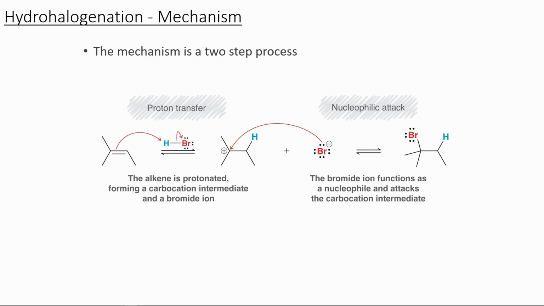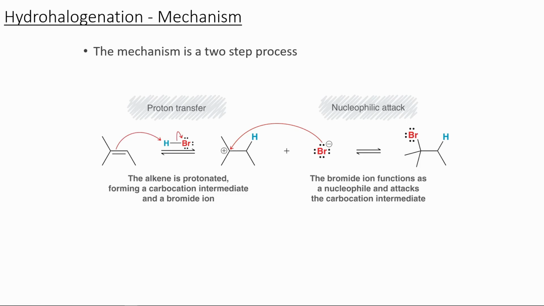So the first step of the mechanism is going to be nucleophilic attack, or protonation of the double bond by the acidic proton. So HBr is a strong acid, and so the alkene is going to be protonated to form a carbocation intermediate. This carbocation intermediate is going to form at the more stable position, right? And a more substituted carbon is going to be the more stable position to hold a carbocation. Then the second step of the reaction mechanism is the bromide ion functioning as a nucleophile and attacking the carbocation